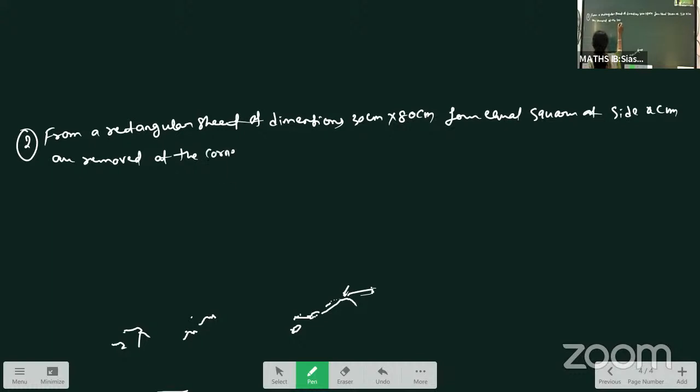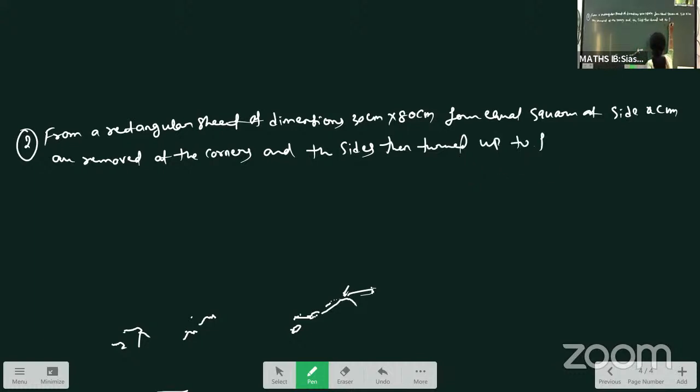And the sides are then turned up to form an open rectangular box. Find the value of x